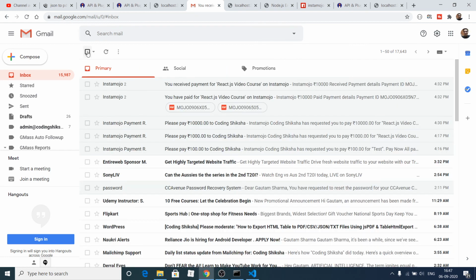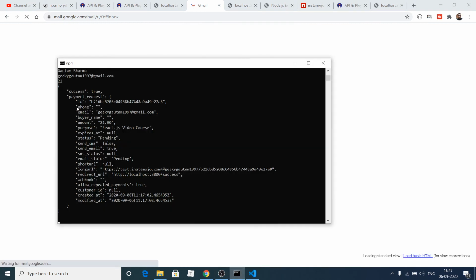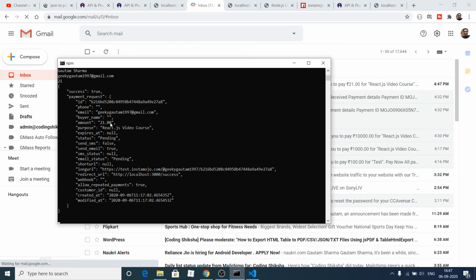Sorry, this was the previous email. I think we need to refresh this. So you will see it will receive this object which contains your payment ID, phone number, email address. All this stuff will be printed out.